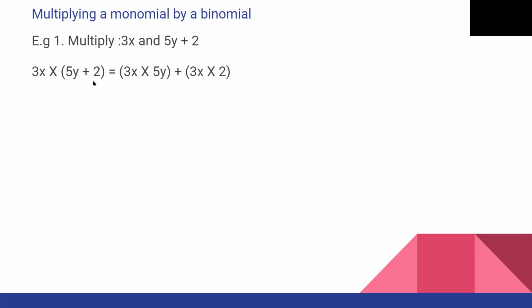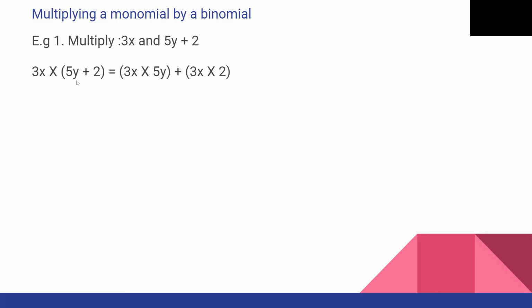then in the bracket the binomial 5y plus 2 equal to, as we have learned the distributive property in lower classes, the same is used here. Which term is outside? 3x. So first 3x we have to multiply with 5y. So I have written in symbol bracket 3x multiplied by 5y. That is, the monomial which is outside, with that first term in the bracket first multiply,